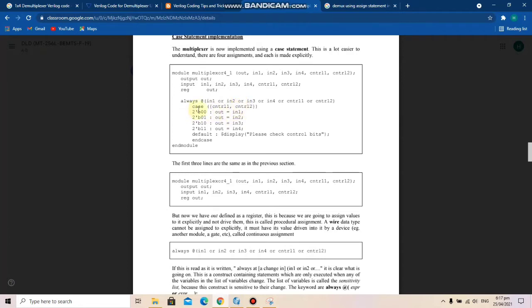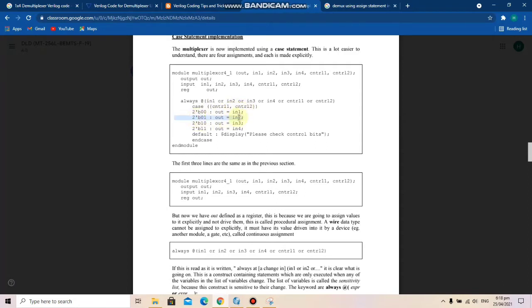So first of all, we write 2'b00, which means control 1 and control 2 are 2 bits, control 1 is the second bit and control 2 is the first bit, and 00 means both control 1 and control 2 are 0. And when this situation occurs, colon, and then we write out, which means the output is equal to input 1.